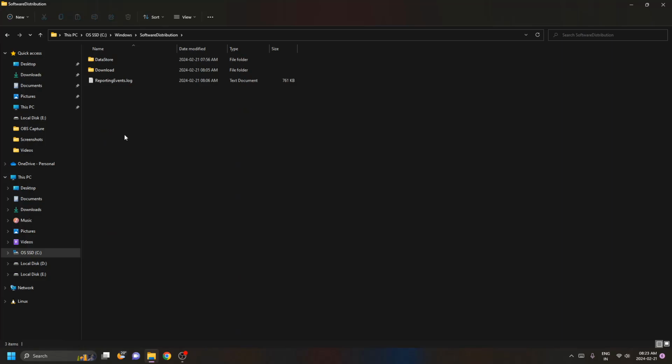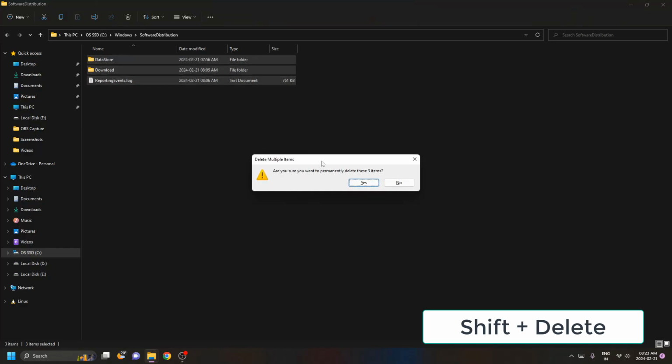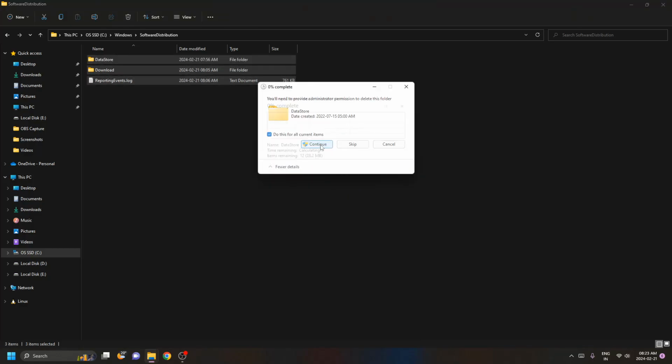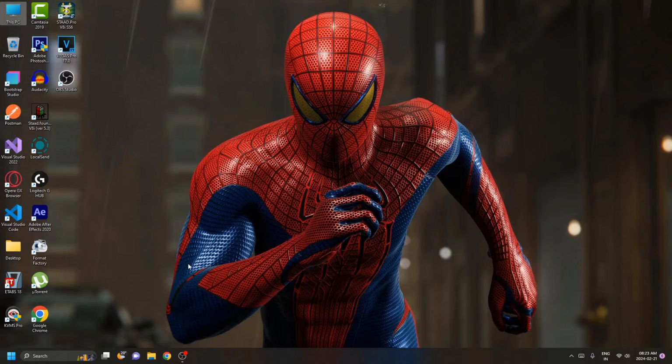Just double click on it, and here we have folders and files. Select all the files, and use a key combination in order to delete the files permanently. That is Shift and then Delete, and here just click on Yes, click on Continue, and now as you can see, the SoftwareDistribution folder is cleared. Now close this window, and now the second step is to go to Settings here,